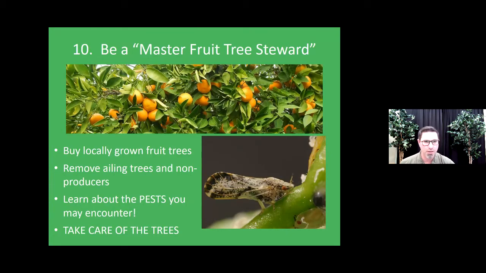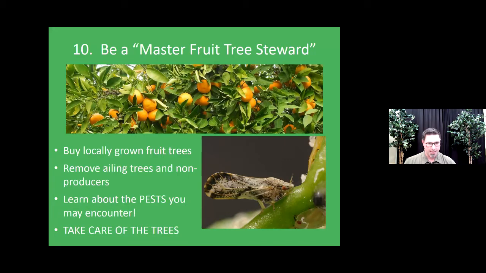And that seems like maybe a strange thing to say, but there is a program in Seattle that I kind of stole that from. And they, like the Master Gardener program, where volunteers are trained and then volunteer to do education outreach. The Master Fruit Tree Steward program in Seattle trains people to take care of fruit trees all over the city, and they volunteer to do so. And so in that same vein, I ask that you think about stewarding your fruit trees if you're going to go forward and plant them,